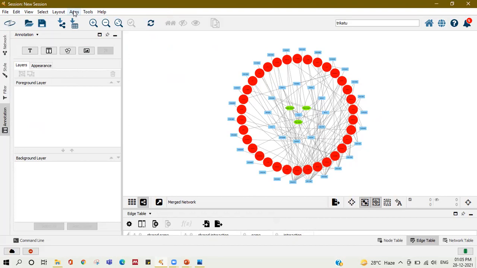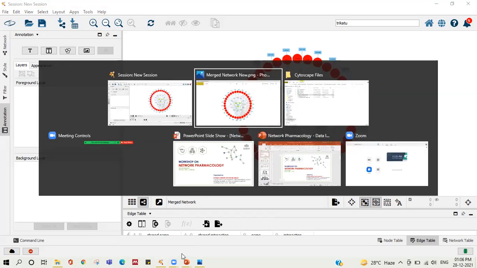These apps are nothing but the apps of different databases. So those can also be incorporated in Cytoscape. So you can go ahead and explore this particular network